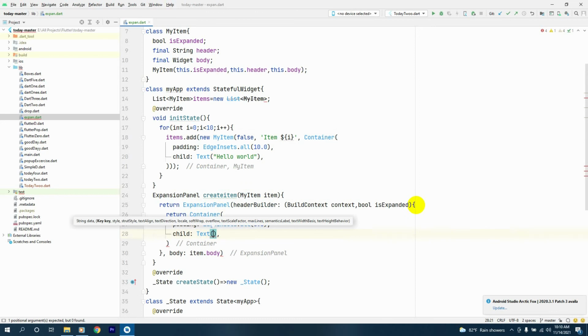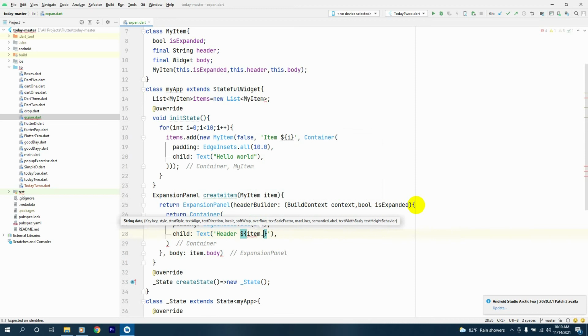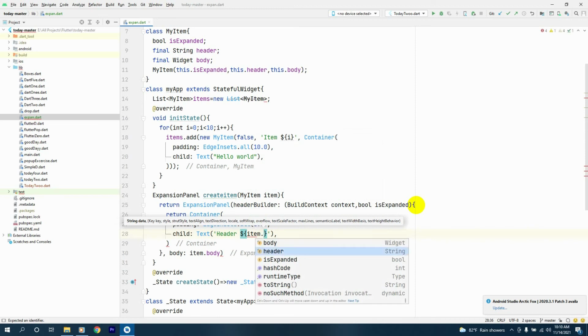Inside the text we'll call our header and dollar sign, and in curly braces we'll have item.header,